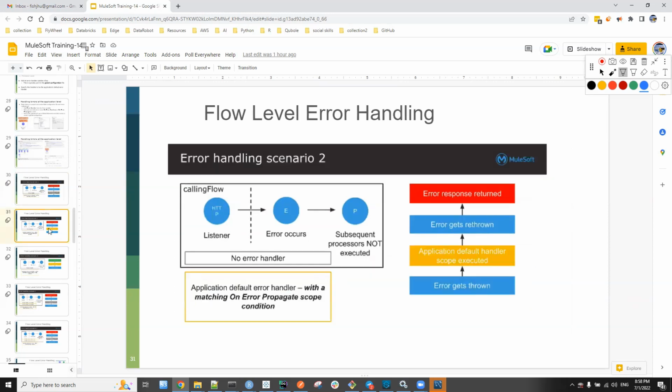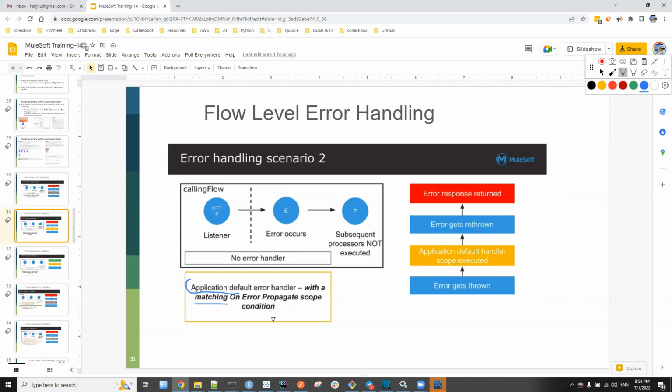If it matches, then it will be handled by the application level error handler. The application level error handler will be evaluated only if you have not defined any flow level error handler, or, if the error happens in a processor, if you have not defined any processor level error handlers there.